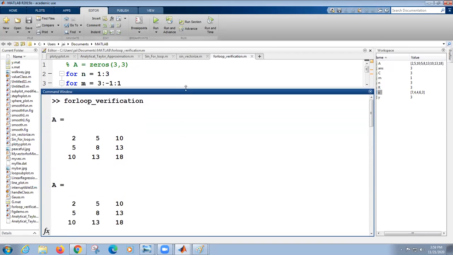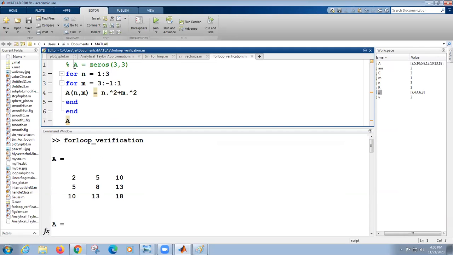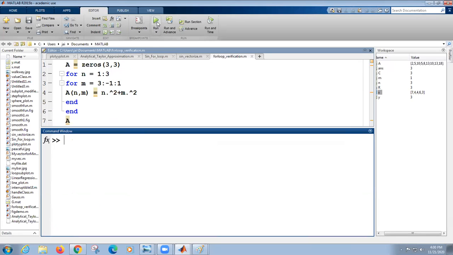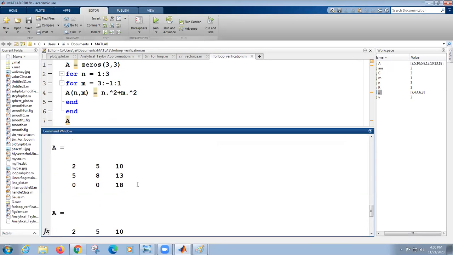If you take zeros initially, then only MATLAB will replace the zeros by their own corresponding elements. Yes or not? Otherwise, MATLAB just shows it like this, because every time MATLAB is verifying everything and showing it at once. So therefore, you have to treat this. When I treat this, I just make it CLC. Now I run this again. Now you can enjoy this.